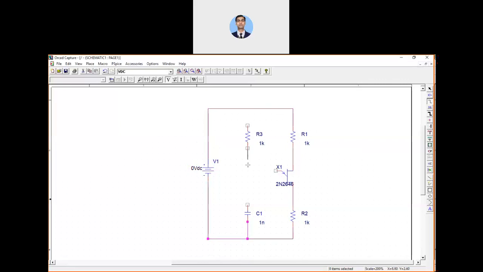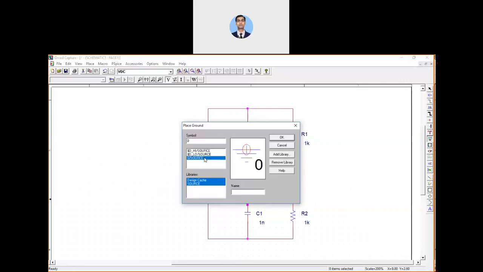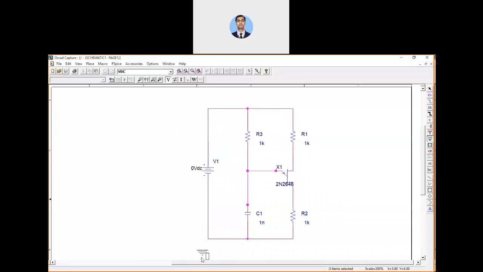Once you do the practice, you will get habituated to it and there will be no problem while doing these things. Now we have to connect a ground also, the zero source ground, which is very important, because without this our simulation will not be complete. You can connect your ground here.